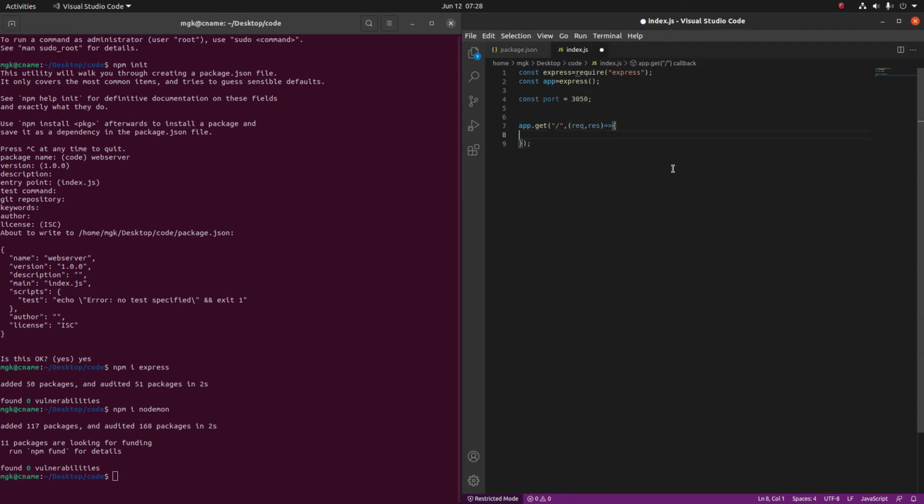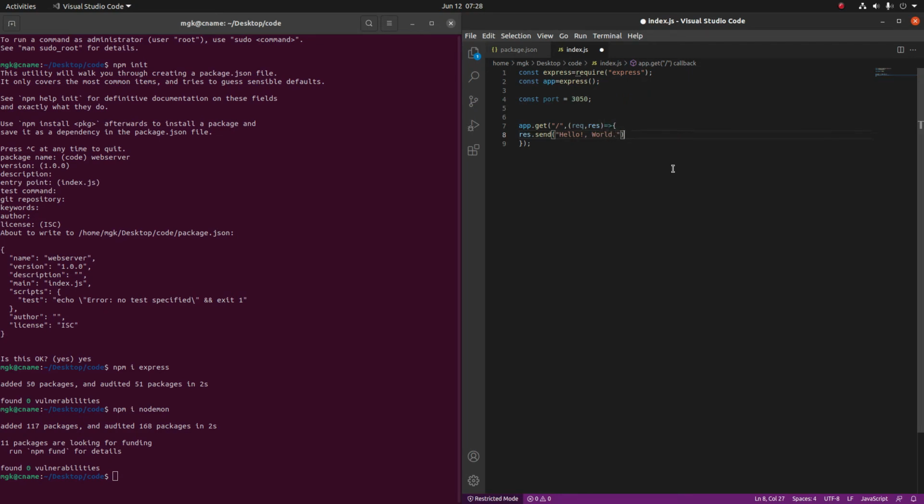This arrow function will return some response using res.send, and let us say hello world.